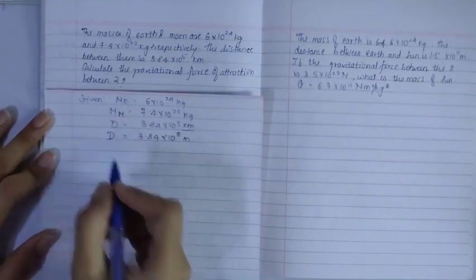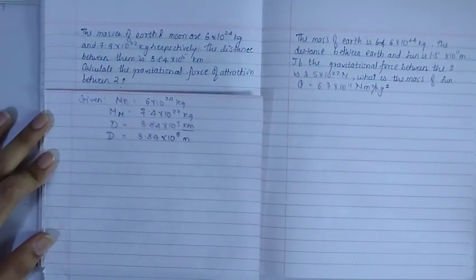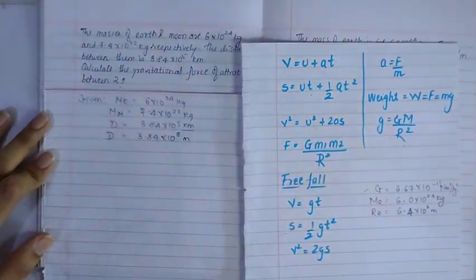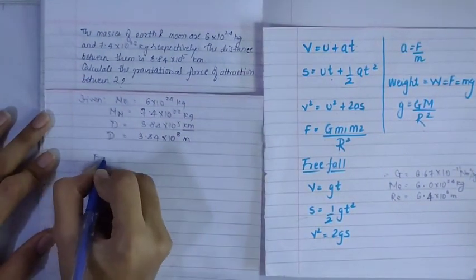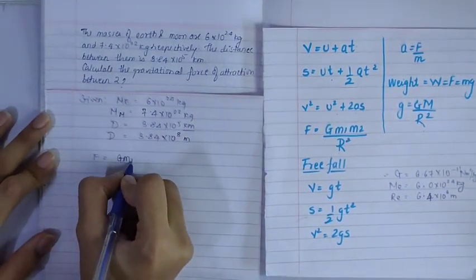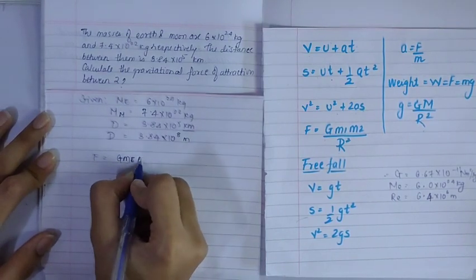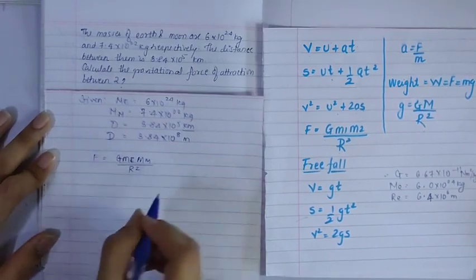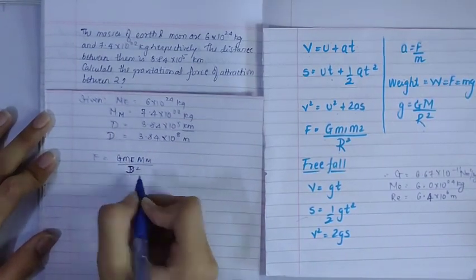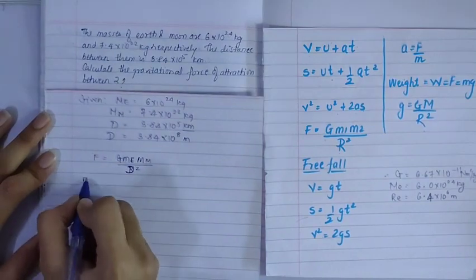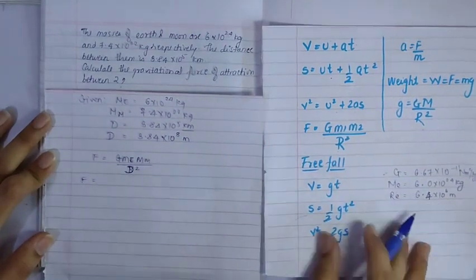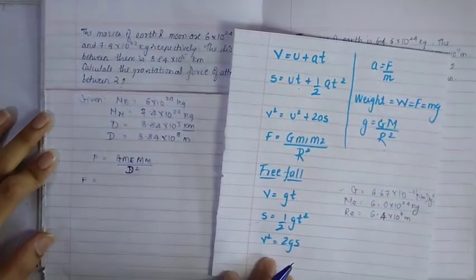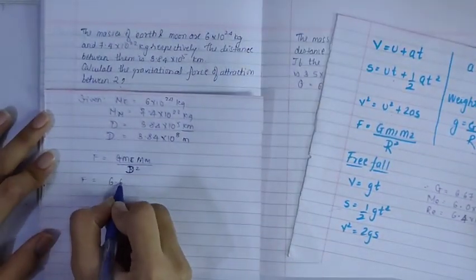What does it say? The formula that we are going to use here is F is equal to G m1 m2 upon r square. So F is equal to G, mass of earth, then mass of moon, upon r square, that is d square, right? So you can write this as d. So F is equal to, your G is your constant, 6.67 into 10 raised to minus 11. So this is your G. Let's write that down first.